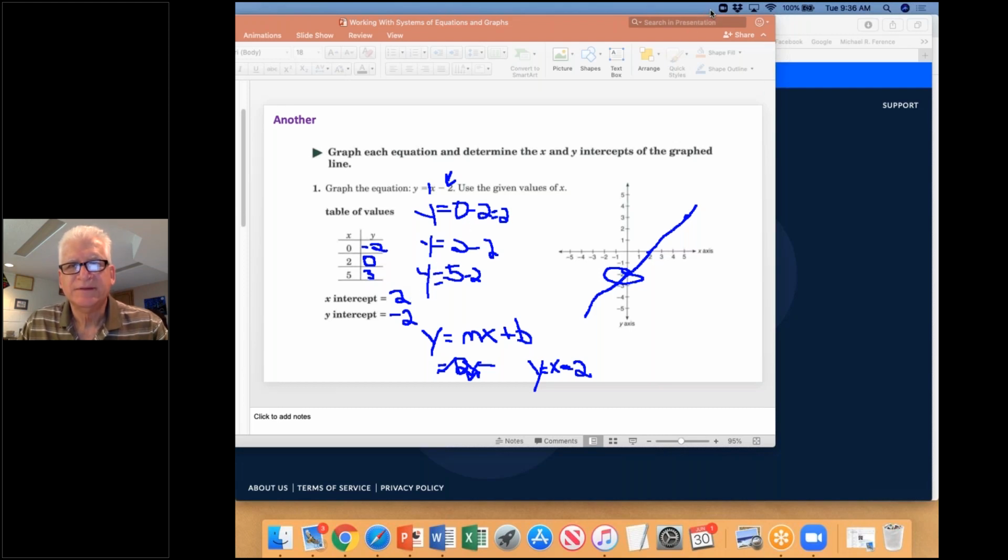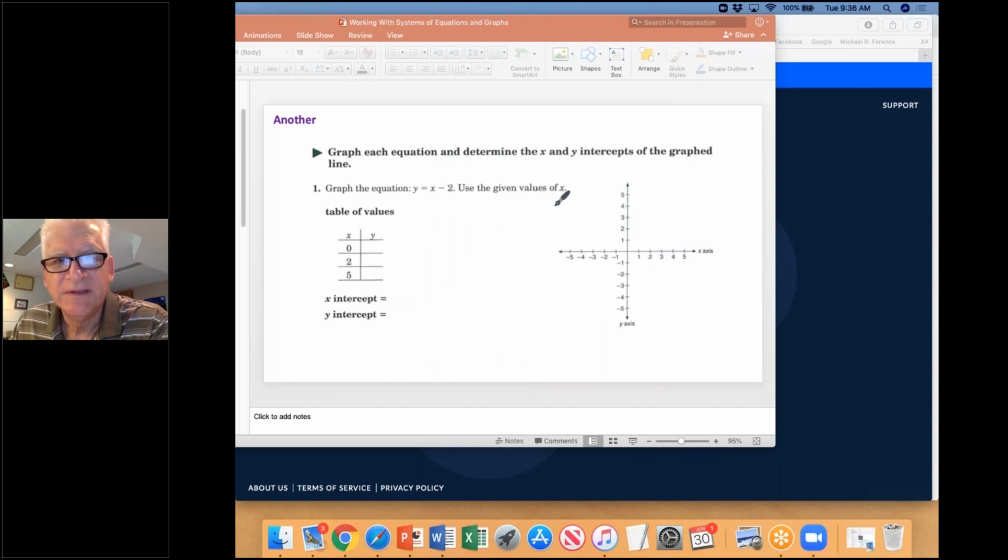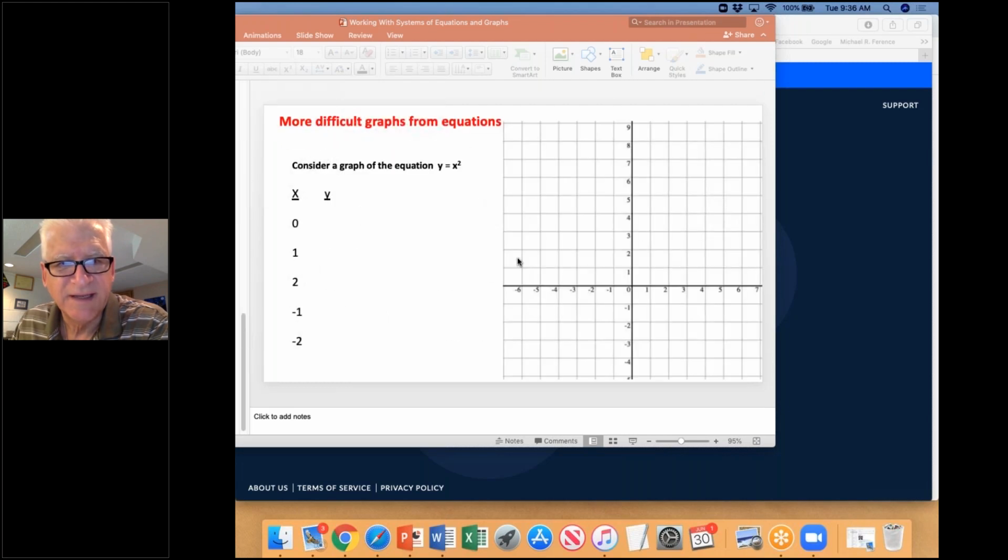So I want to show you one last graph. I'm going to show you one more graph of an equation that is not a line, but it is a quadratic equation. And that'll be the last slide that I have here. Okay, so you can see this. I have the equation